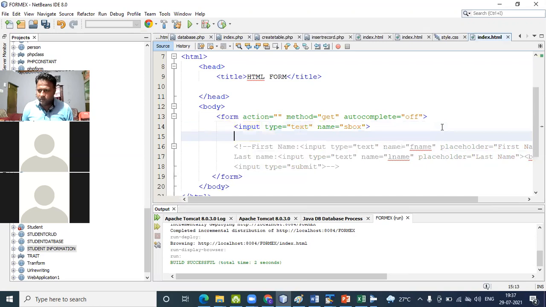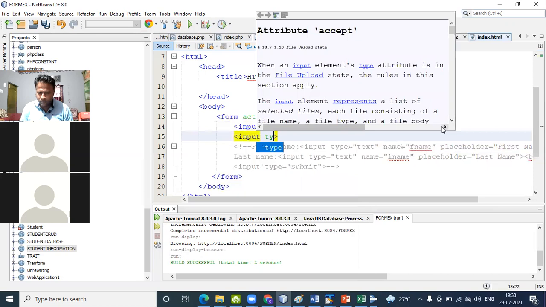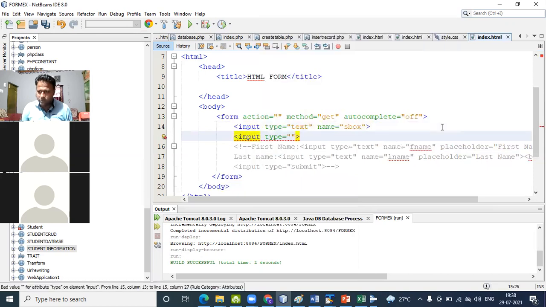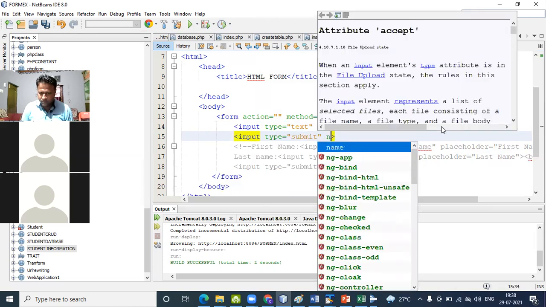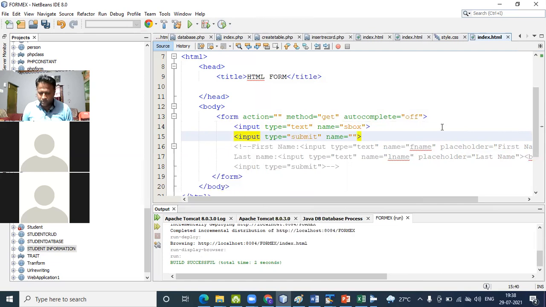Then I pass here input type equals to submit, name is equals to button.